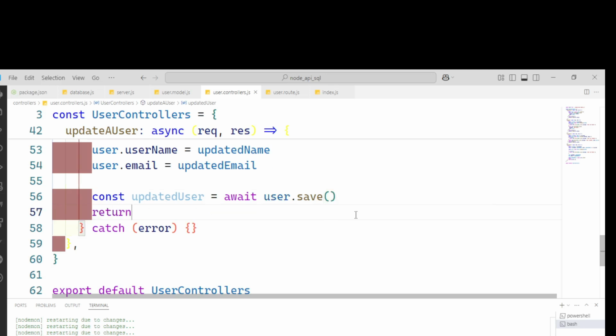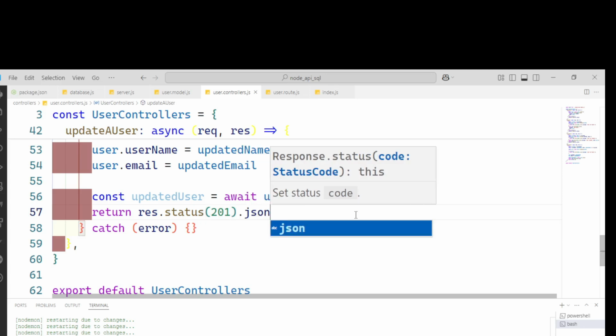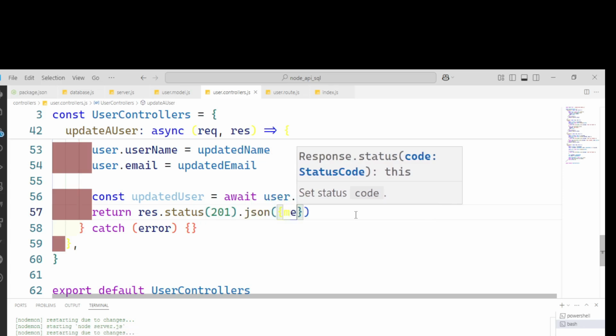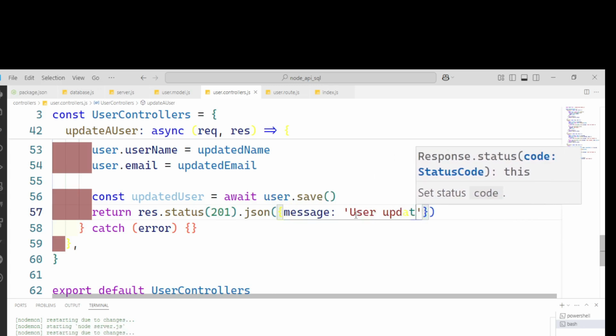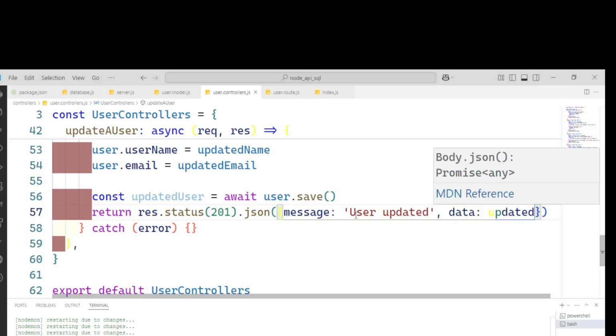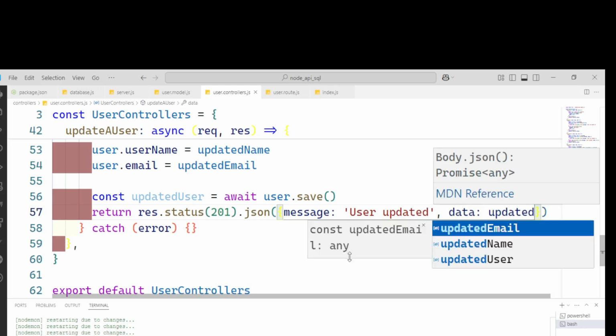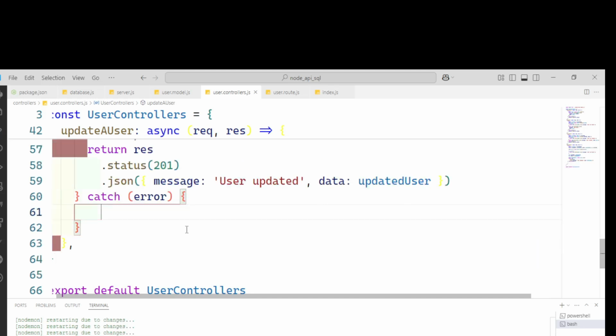We can now say return res dot status, and then this one is 201, and then let's say JSON, and then say message user updated, and then let's now say the data is what? Updated user, right? If there is an error, we can just say console.log error.stack,